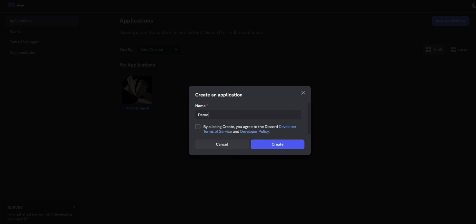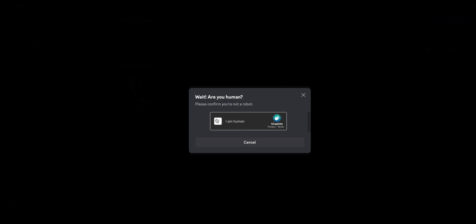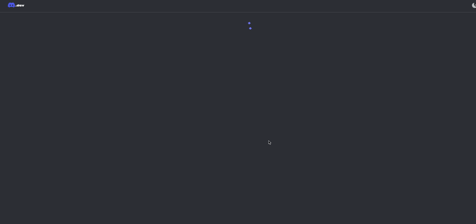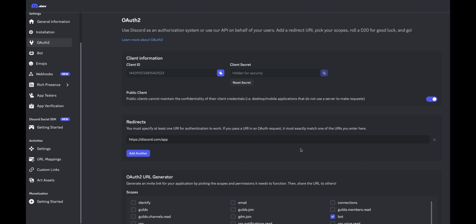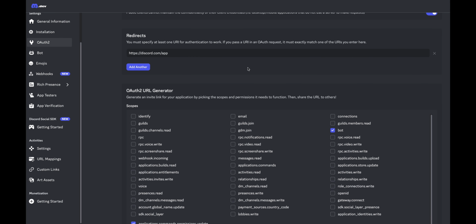So first and foremost, go online, search Discord Web Developer App, press the first link, scroll down a bit, you'll find a few options, press app and create one. Set whatever name you want, you can customize it your own, profile picture, banner, whatever. So once you're done customizing, just go to the OAuth 2 tab, type in your redirect URL to be discord.com